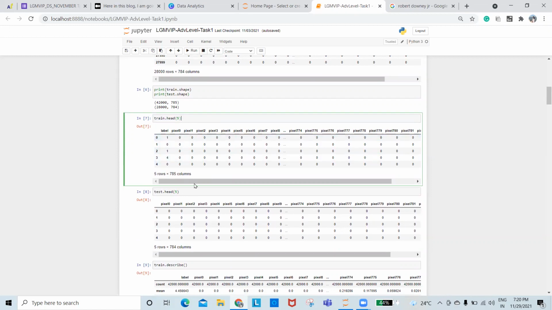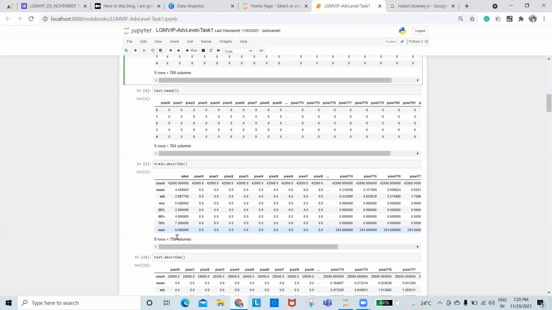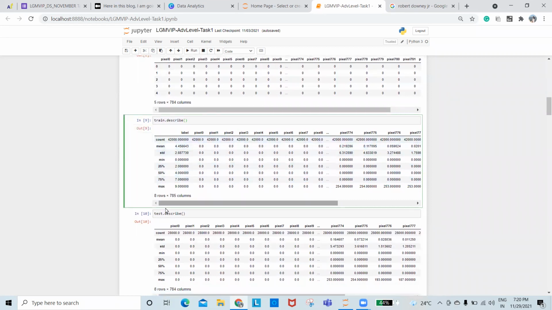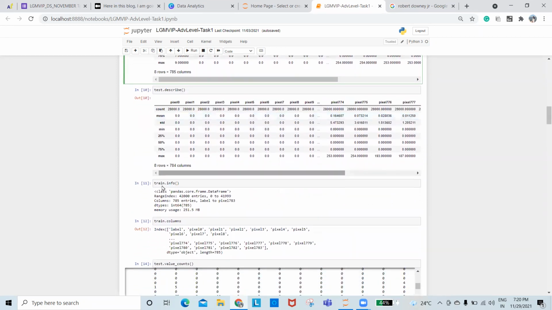It prints the top 5 rows of the train data set, which is this, and test prints the top 5 rows of the test data set. We use describe to see the count, mean, and so on for the train.csv, and it's the same for the test.